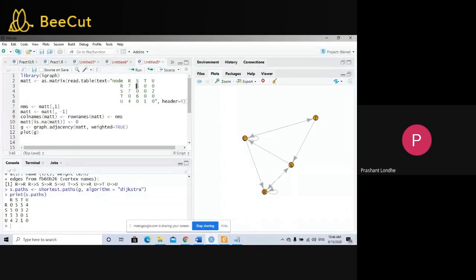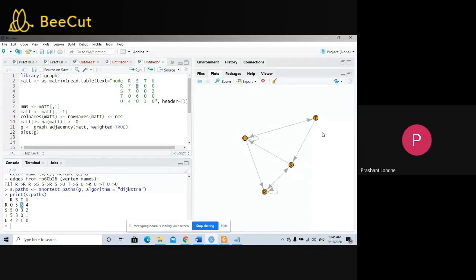Okay, now just check here. The path is equal to 5, and whenever you have arrows, you are supposed to go according to the arrows. So R can go to S, S can go to U, and U can go to T, and T can go to S. So in this way, you are going to find out the shortest path. Now just see here. They have calculated all these things and you are going to get the shortest path. So this is calculated by the actual algorithm.